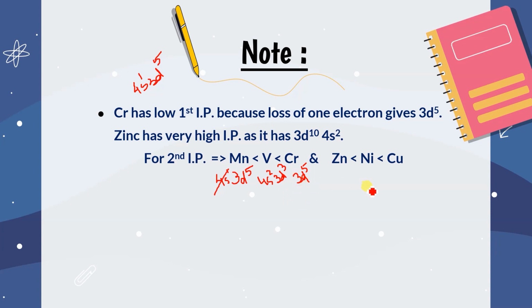Similarly, earlier it was 4s1 3d10, now it is only 3d10, isn't it? And zinc is 4s1 3d10. So obviously it will lose the electron very easily. And nickel comes in between because it is 4s2 3d8, and 4s2 is stable, so it will not lose the electron easily, isn't it? So in comparison to nickel and copper, zinc will have the least second ionization enthalpy because it easily loses one electron and gets a half full configuration, isn't it? So manganese will have less second ionization enthalpy than chromium. Similarly, zinc will also have less second ionization enthalpy than copper.